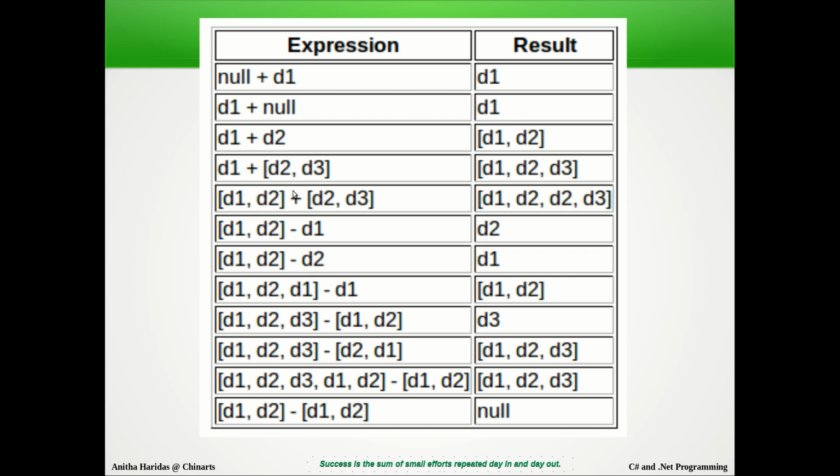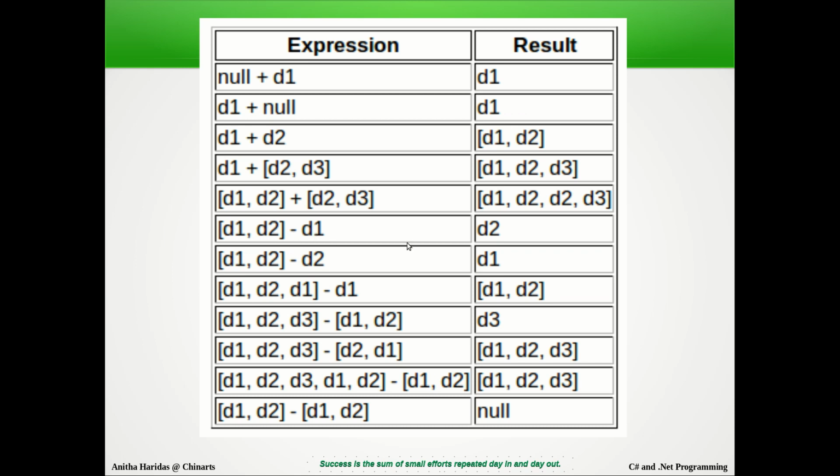So if I give the plus operator here, you can observe D1 and D2 is combined again with D2 and D3. So method D1 will be invoked first, then D2 will be invoked, again D2 will be invoked, then it will invoke D3.